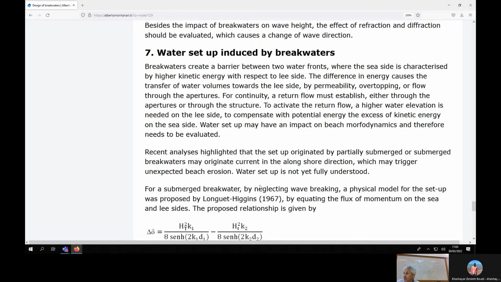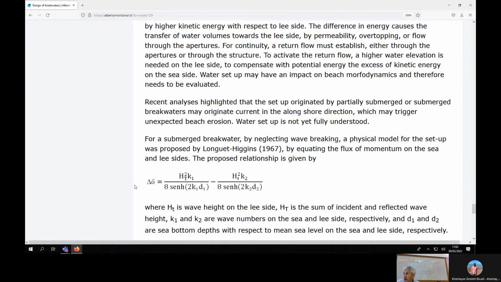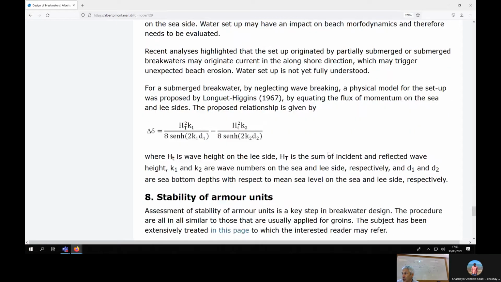Okay, and there are empirical relationships again to estimate this delta sigma, which is the difference in elevation between the two sides. And of course, you don't have